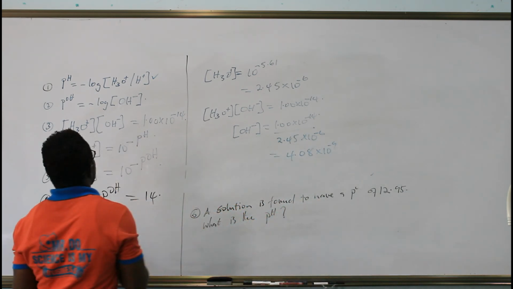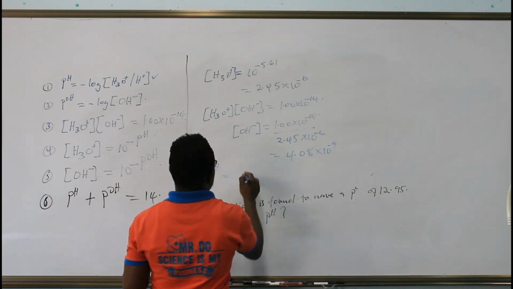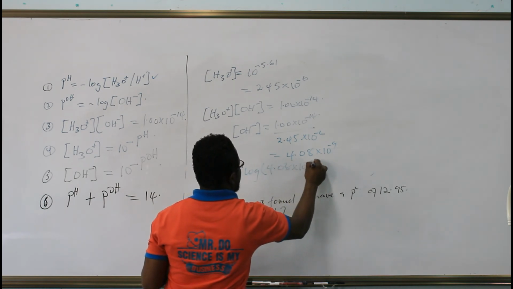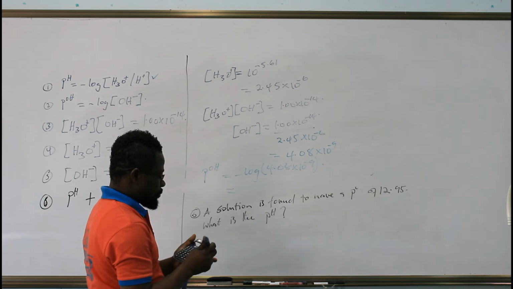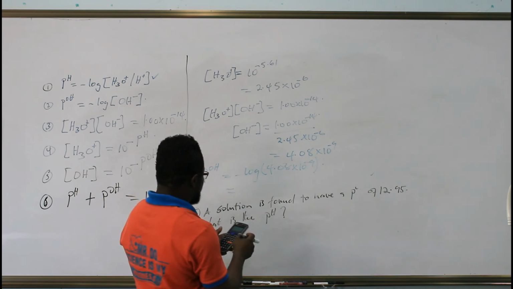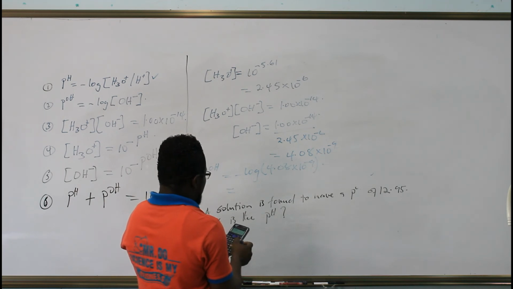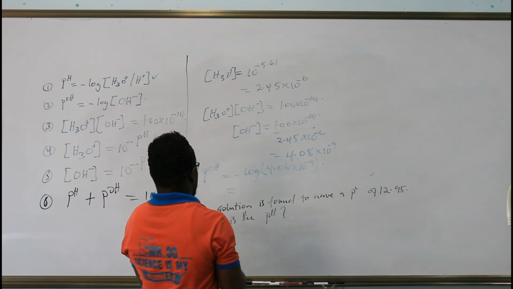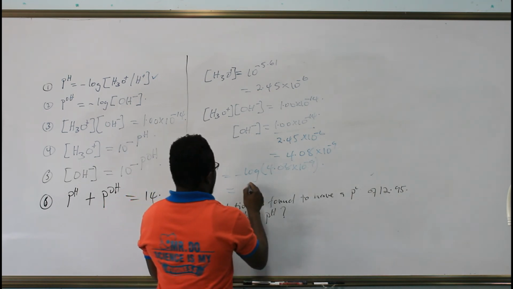And now I can use formula number 2 by just taking the pOH, which is the negative log of 4.08 times 10 exponent negative 9. I am using the actual values that I was given, so that I will get the exact answers that I want, as a better approximation. That is just the negative log of what you have calculated. And straight away, once we do this, we can see that we are getting 8.39,